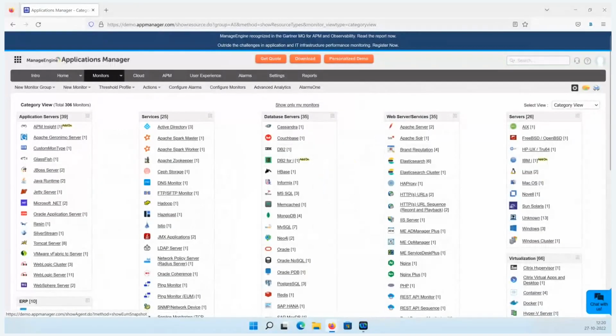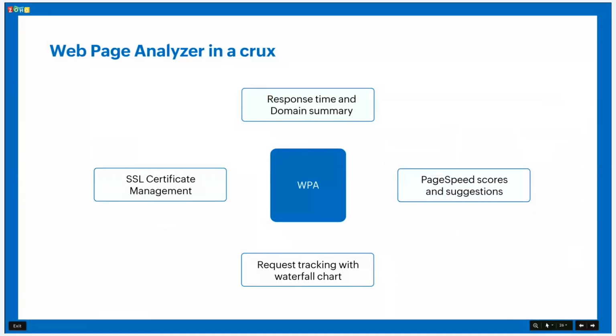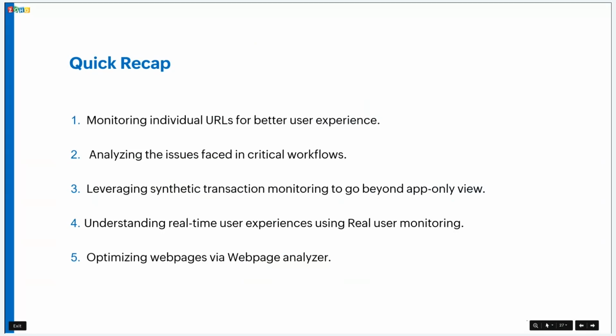Now let's get into the presentation again. Before we end, a quick recap of today's session. Last week we saw APM Insight, monitoring the backend of your application: the code level analysis, which exact code is causing the slowness, what DB calls and HTTP calls are made, which transaction is having what problem, the stack trace, the cross application, distributed, microservice type of architecture. All that we saw last week, monitoring the backend. And this week we have seen monitoring the front end of your application,